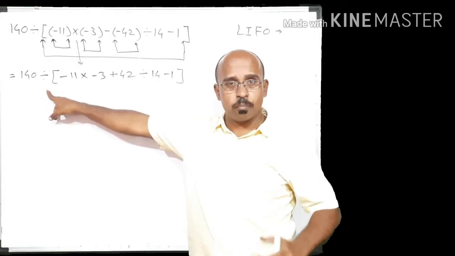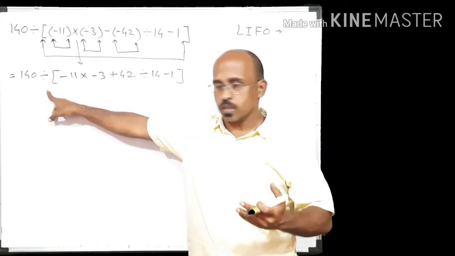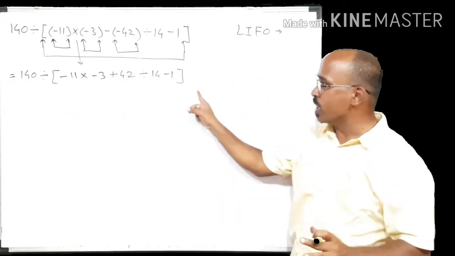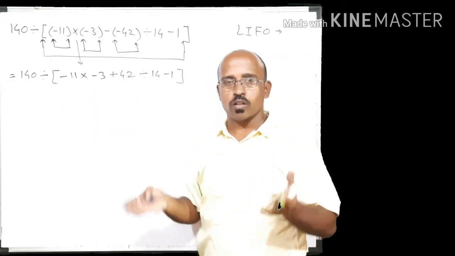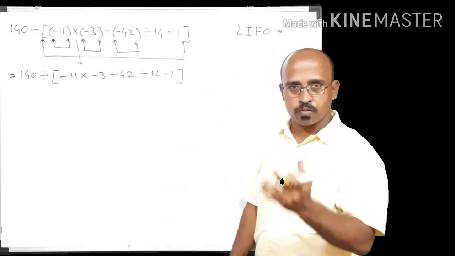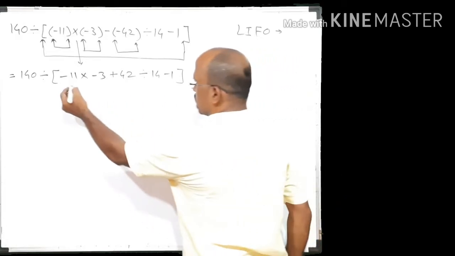You know, we have to apply BODMAS on each and every step. So we have to apply it on this step also. So here one bracket is there, so we have to solve that bracket first, means we have to solve whatever operations are there in that bracket first. So let us see what are there.